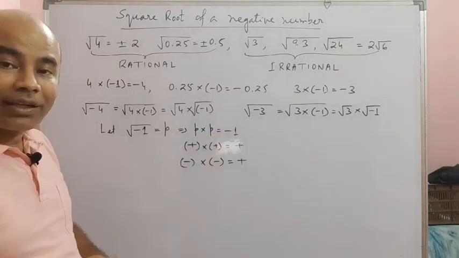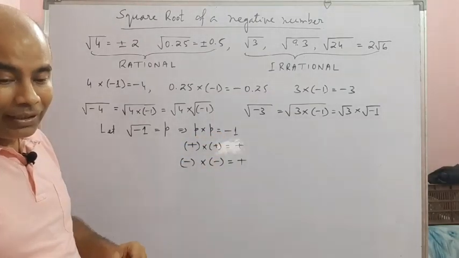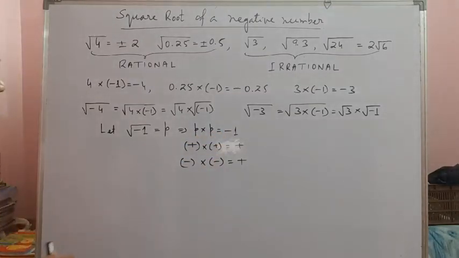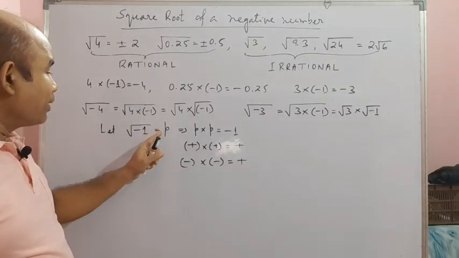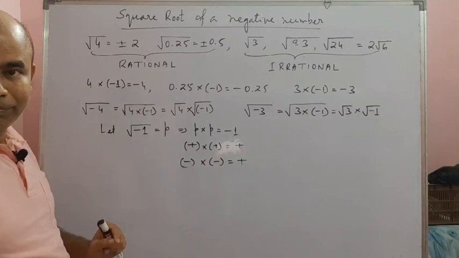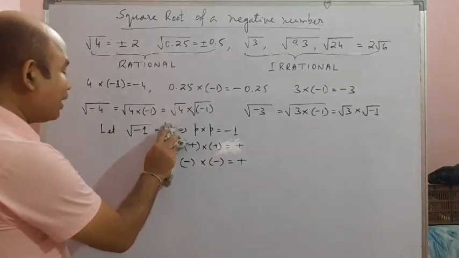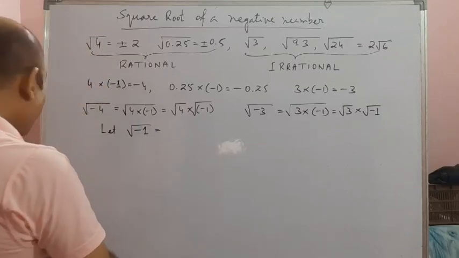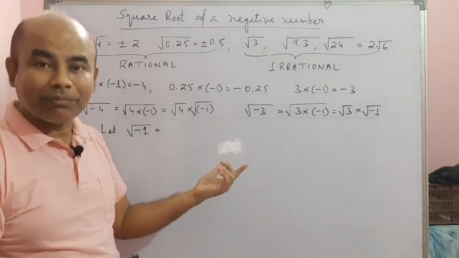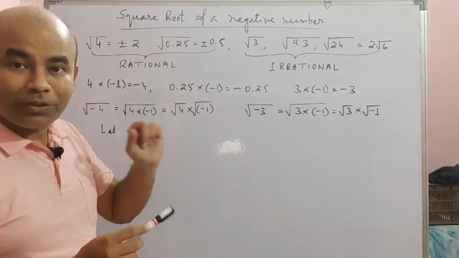But here my answer is negative number, -1. That means it is clear from this that in real life we don't have any number which is square root of -1. As there is no real number which is square root of -1, then what will happen? The problem of calculating the square root of a negative number, we cannot solve it. So because of that,